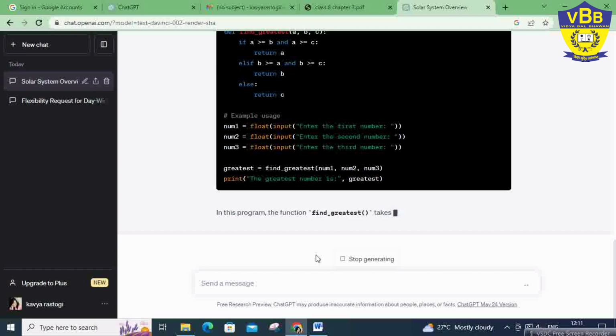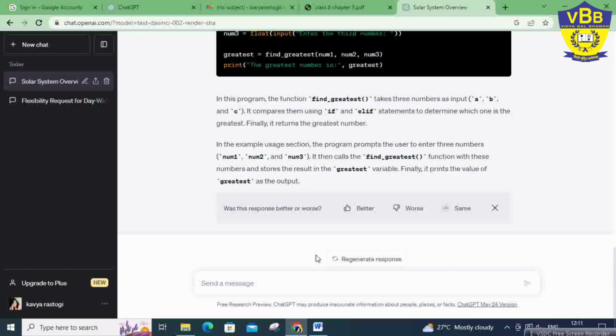It's trying to generate the program, right? And here you can see this is the program to find the greatest of the three numbers in Python. So this is the way you can ask your query in ChatGPT and you will get the result.